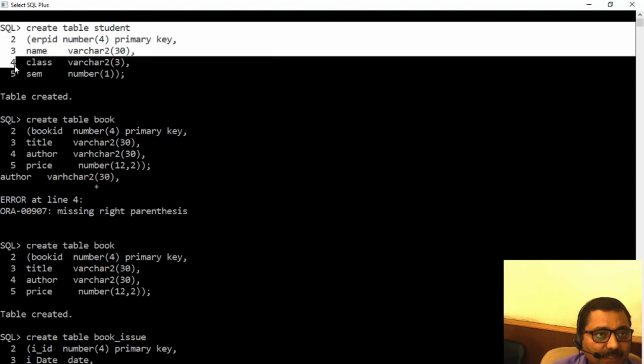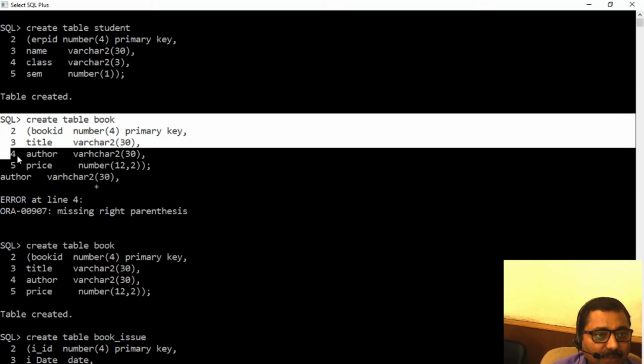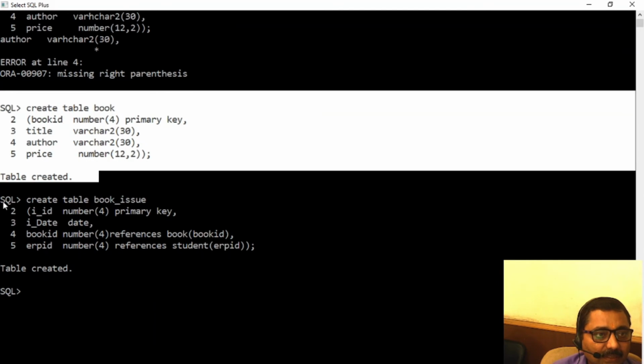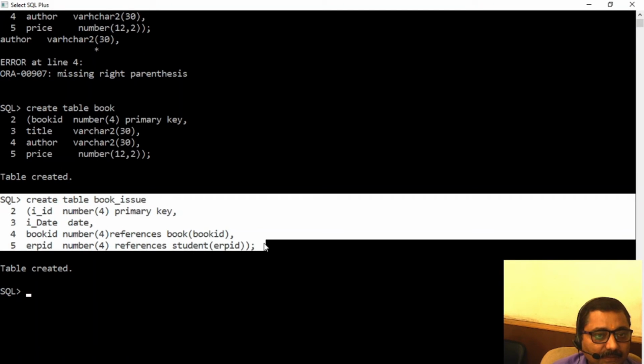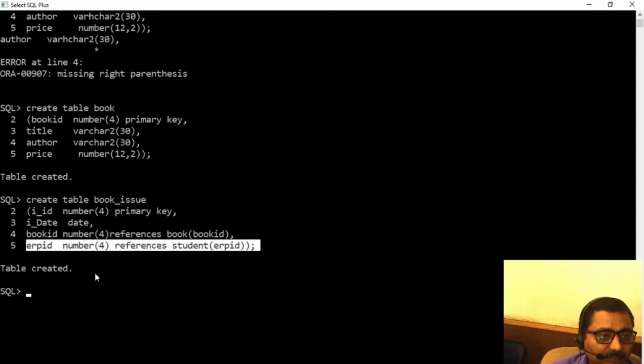First master table created with the primary key. Second master table created with the primary key. Now this is the detail table, or you can say child table, created with the two foreign keys. First, book ID is the foreign key. It is the primary key of book table. This is again a foreign key, which is the primary key of student table.